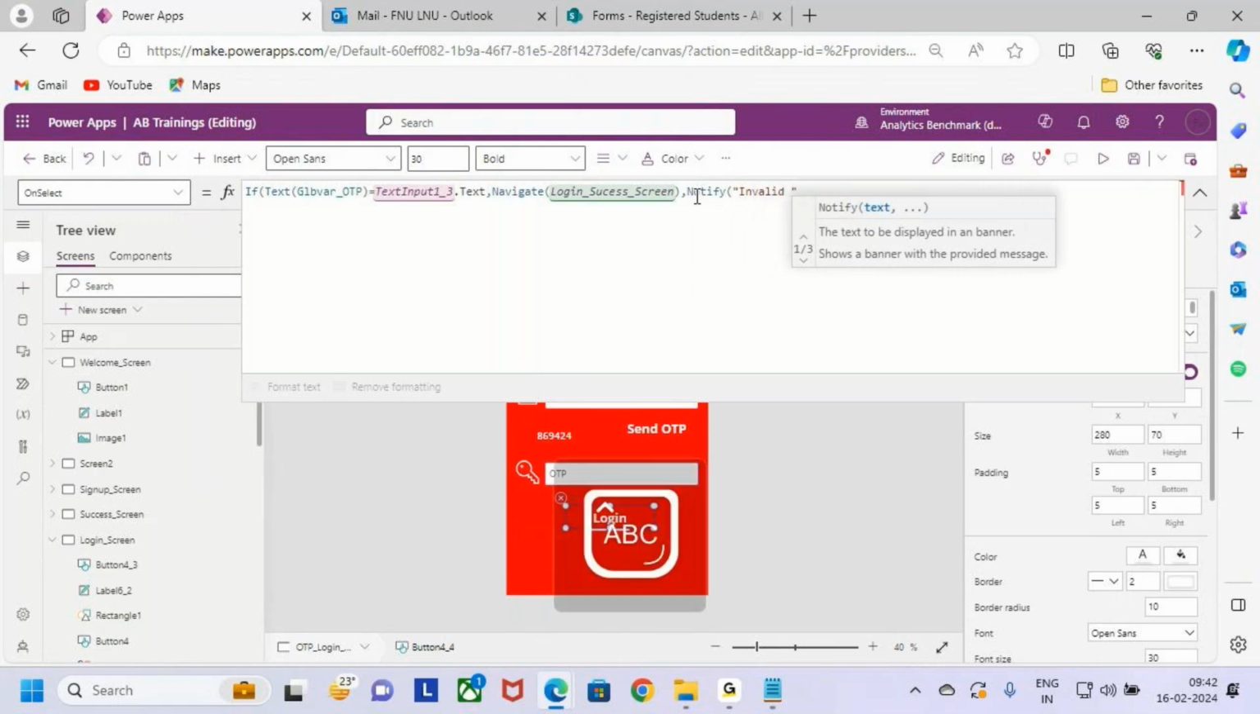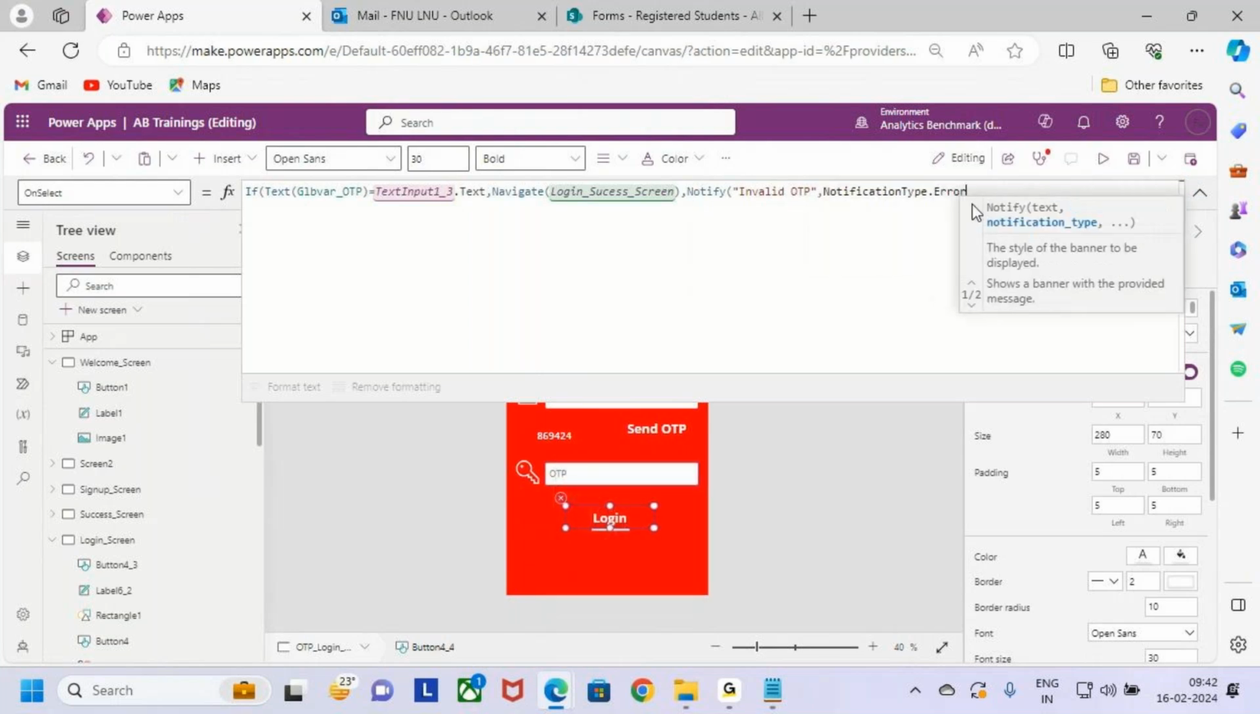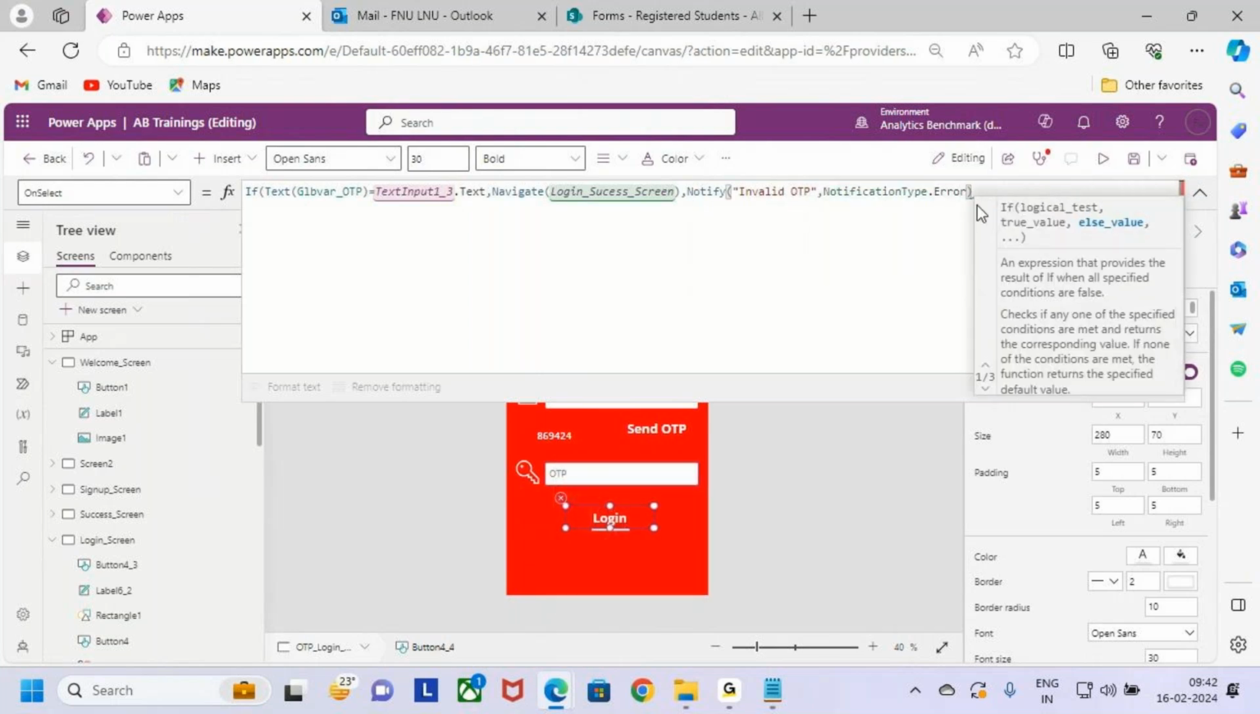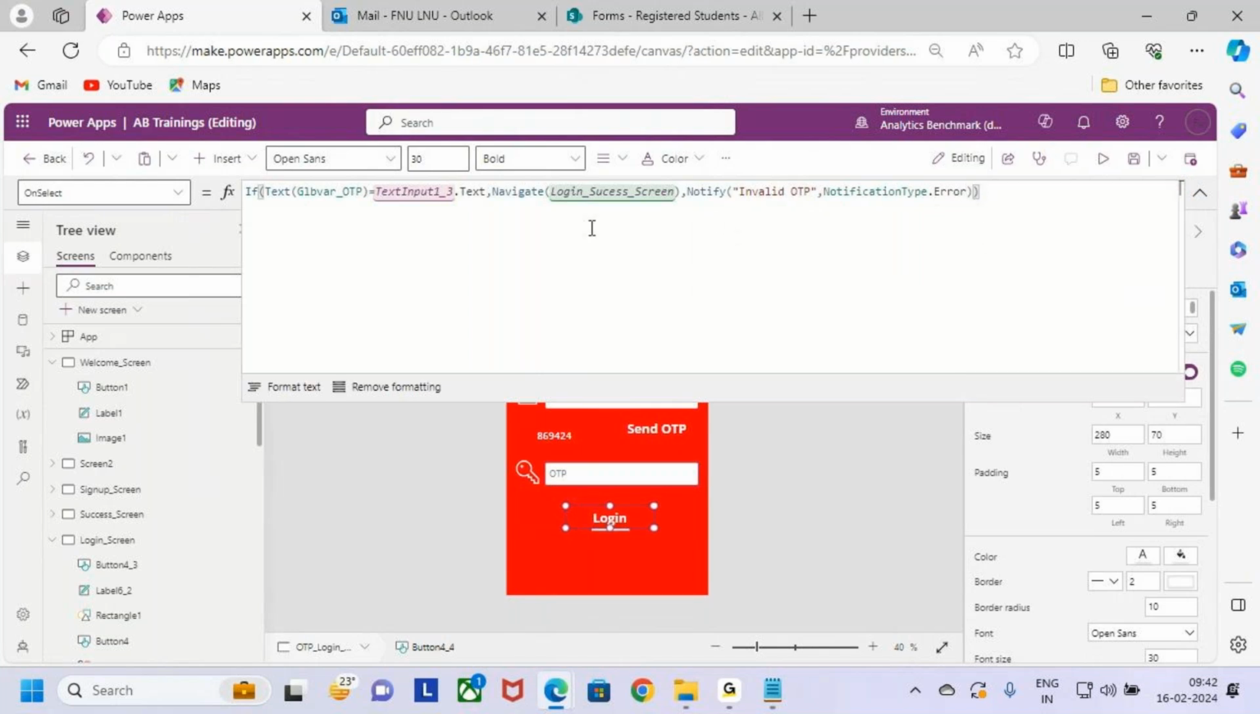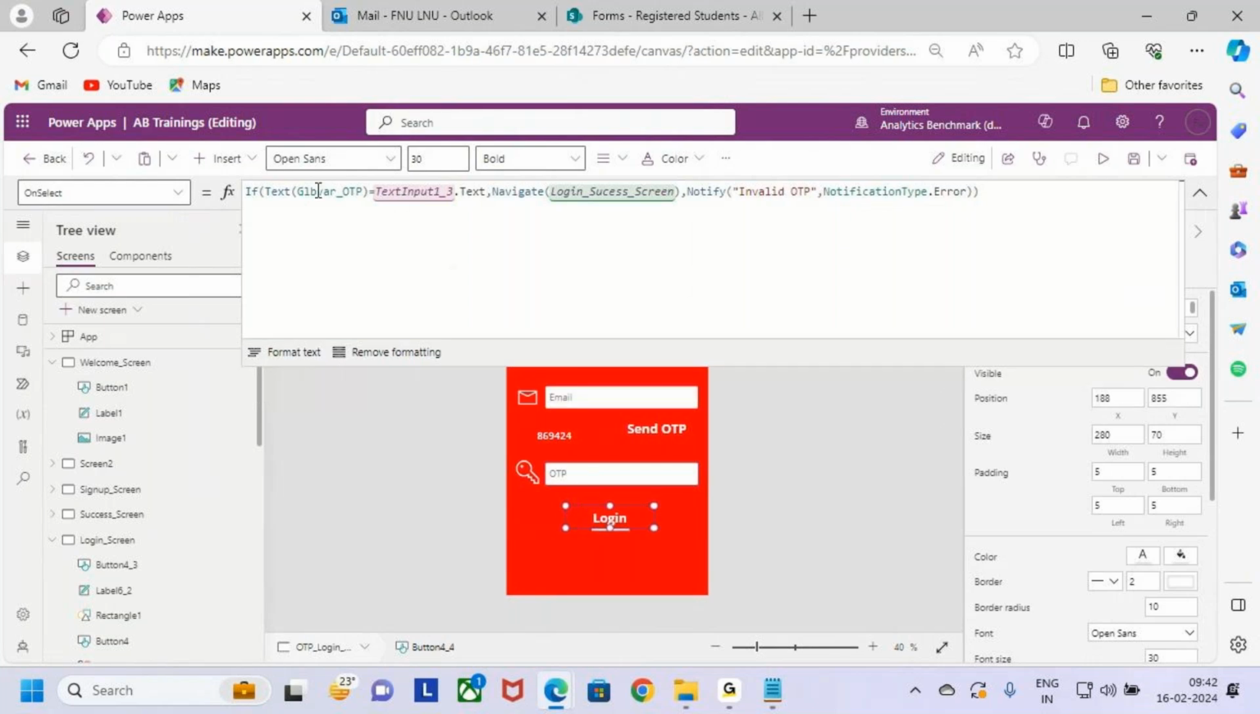Invalid OTP. Now what's the message type? Error. What is the notification type? Error. Close it and close the if condition. Simple. What I'm doing here is, on select of this button, whatever the variable is holding the value, what